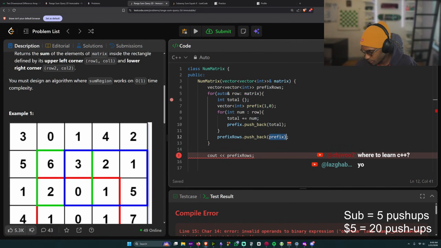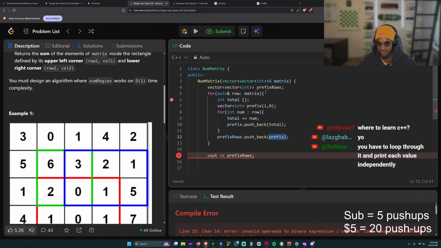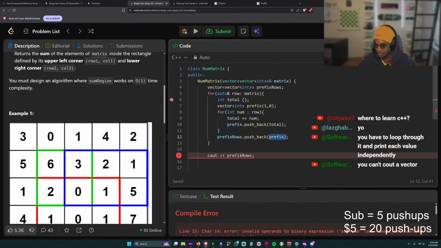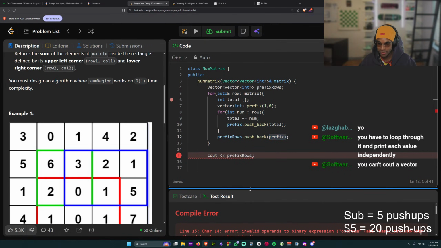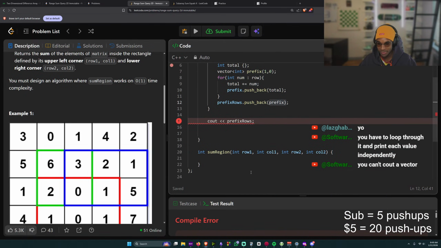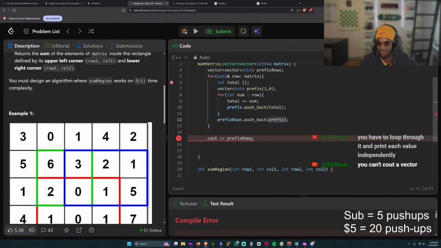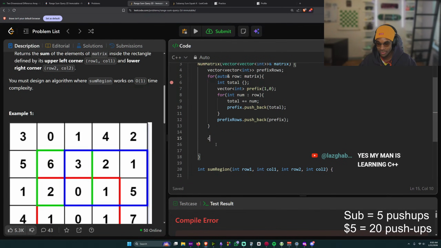You have to loop through and print each value independently. Are you joking? You can't just print a vector of ints. You can't print a matrix in C++. That's criminal, bro. So I have to say for... It's kind of difficult, man.